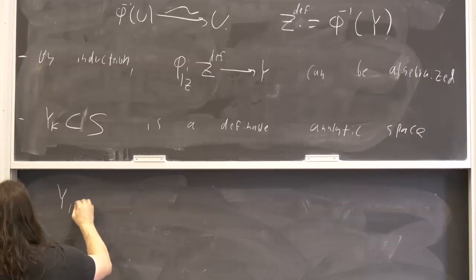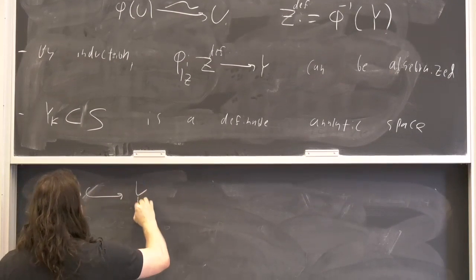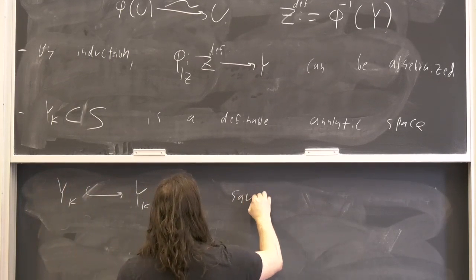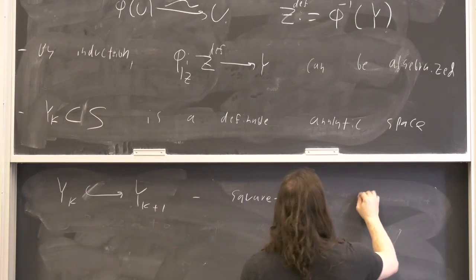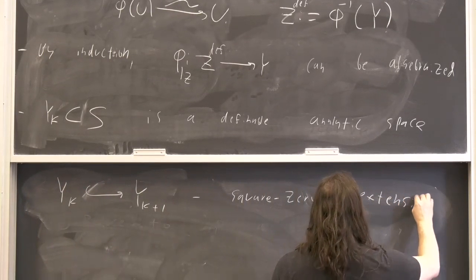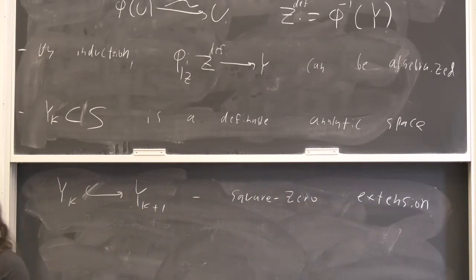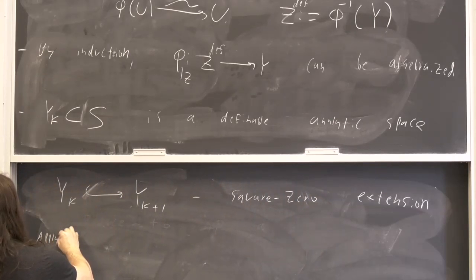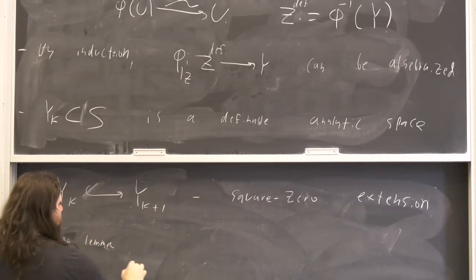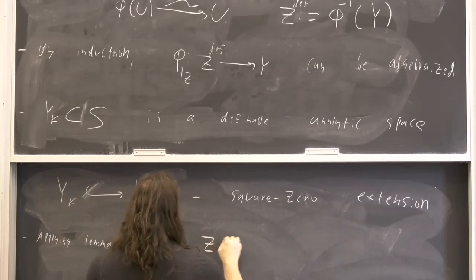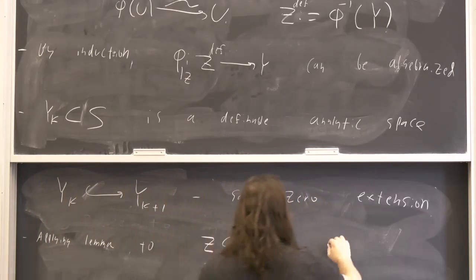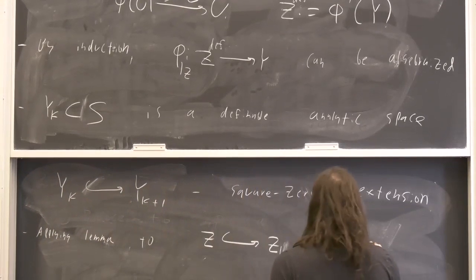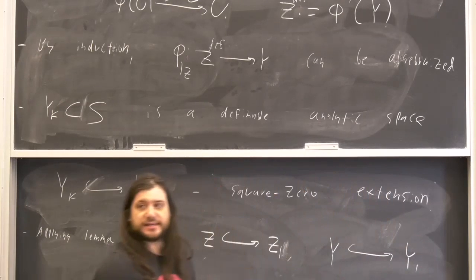And moreover, if I look at Y sub k inside Y sub k plus 1, then this is a square zero extension. If I take the kth power of an ideal and I square it, it's contained inside the k plus first power of the ideal, just because 2k is at least k plus 1. There's nothing subtle there. Okay, so now, applying the lemma to Z sitting inside Z1, the first thickening, and Y sitting inside Y1,